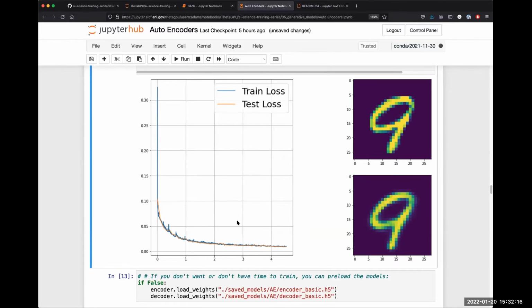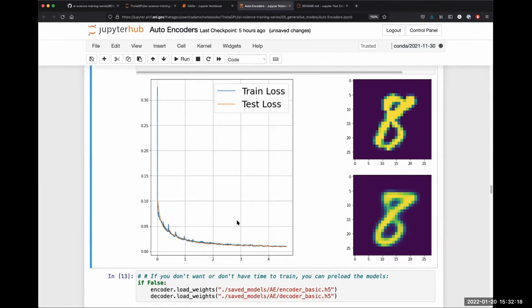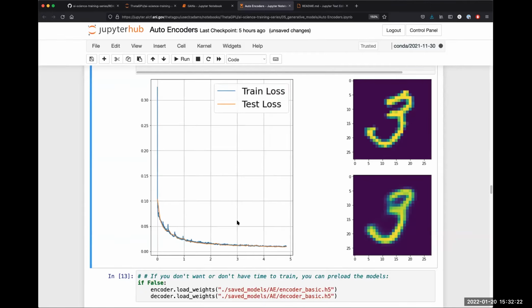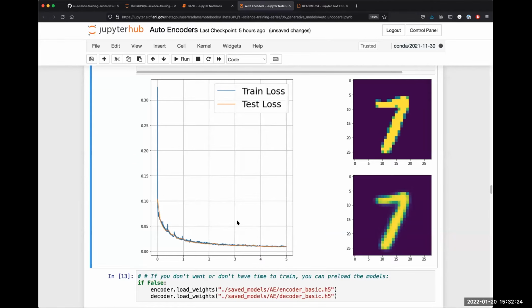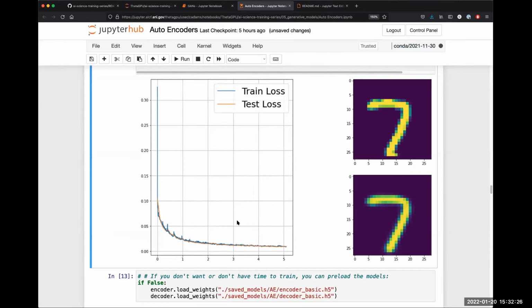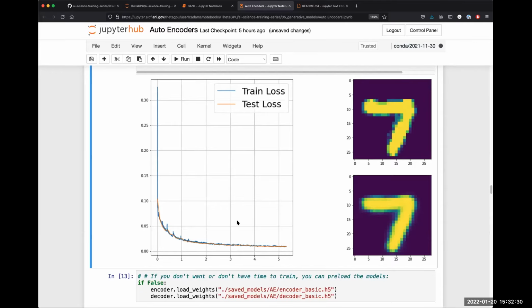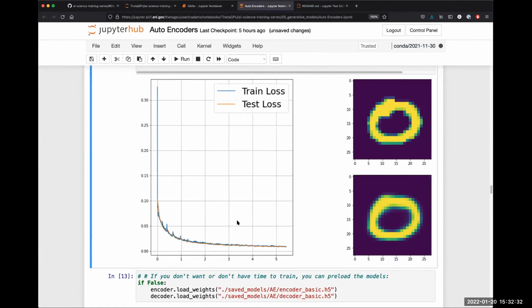So in this plot on the left, you can see the blue curve has been steadily decreasing, and the orange curve has been following along right with it. So that's the validation loss. It says test loss on the plot. It's the holdout data set, whatever you want to call it. That's good. In autoencoders, if you